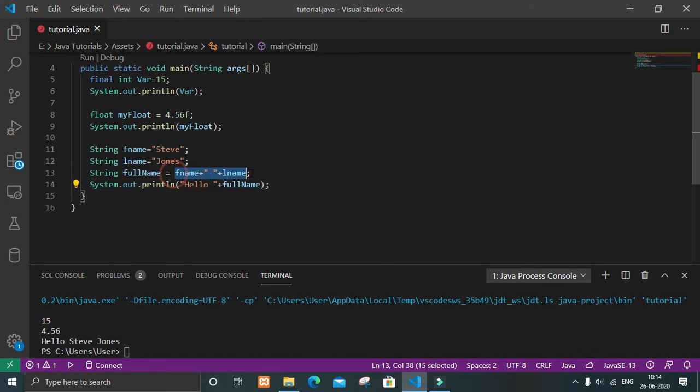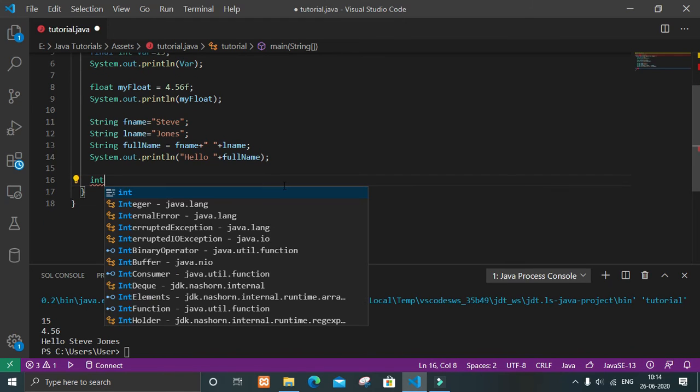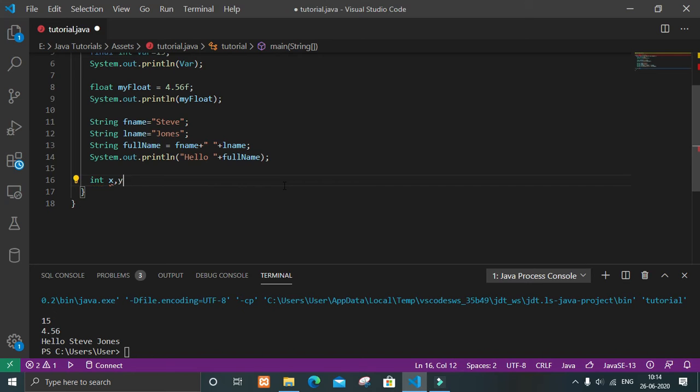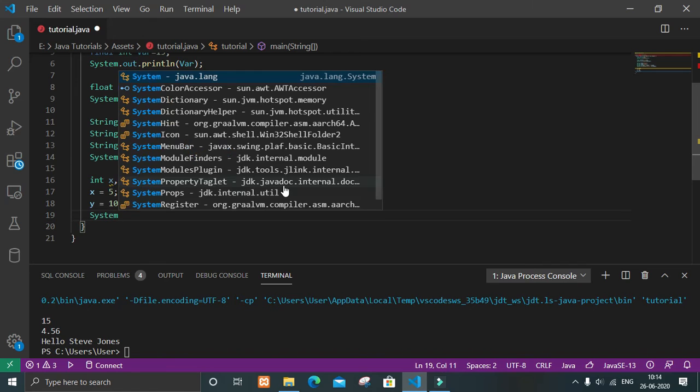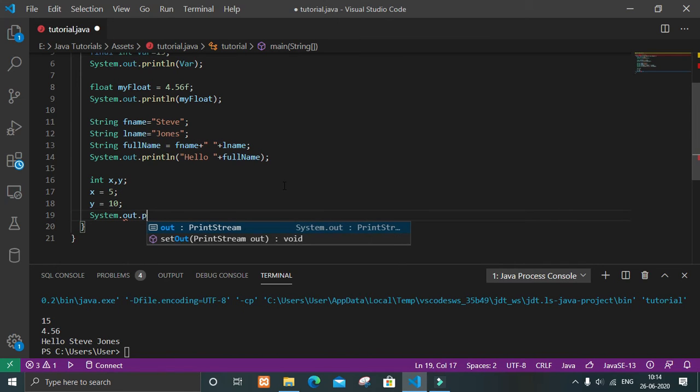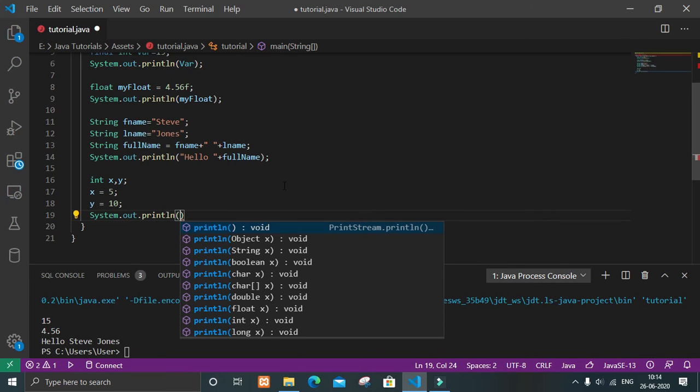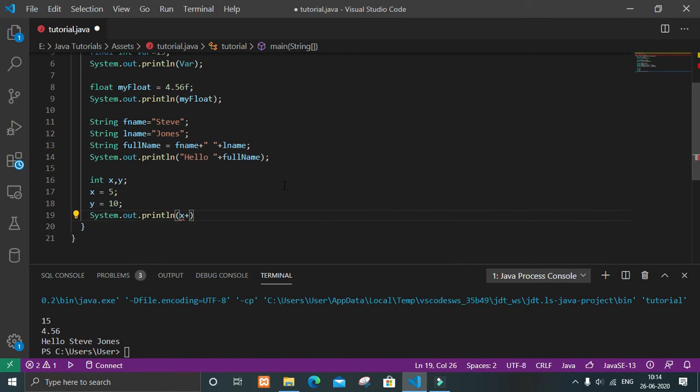Now if there are integer values, for example x and y, and in x we have the value 5, and in y we have the value 10, then in System.out.println, if you want x plus y, it will simply add the two values instead of concatenating them, because here it knows that both are integer values, and we don't want to concatenate them.